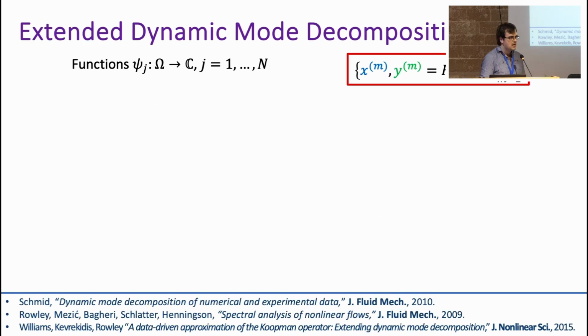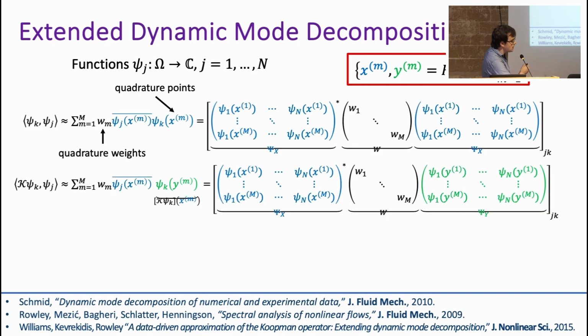So here's EDMD in one slide. What do we do? We take some functions, basis functions or a dictionary. Remember, we only have access to data, x and y. So I'm going to treat these x points as quadrature points for certain integrals. In particular, I'm interested in two types of inner products. The inner products between the basis functions themselves and with an extra K on the left here. So if I approximate this using these quadrature points with quadrature weights, w_m, I get this approximation here, which I can rewrite in matrix notation.